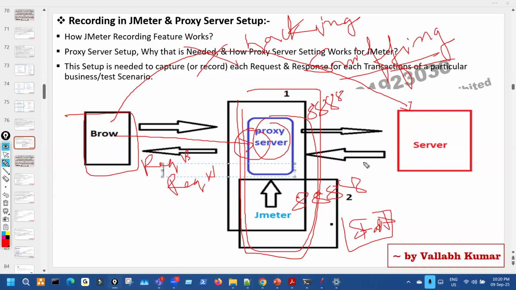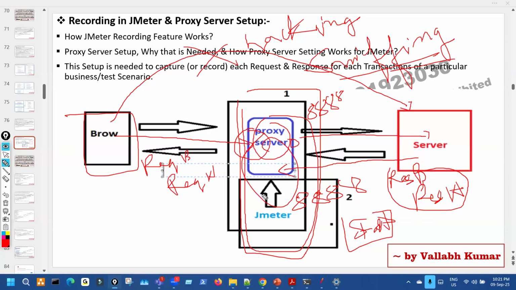Then from there it goes to the server. Now when the response comes from the server, it also comes to JMeter, and both the response body and response header get captured in JMeter,